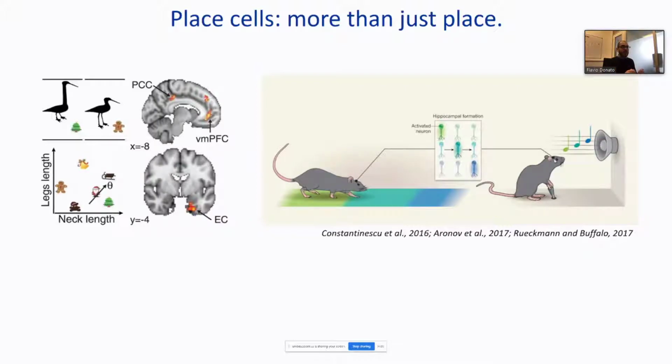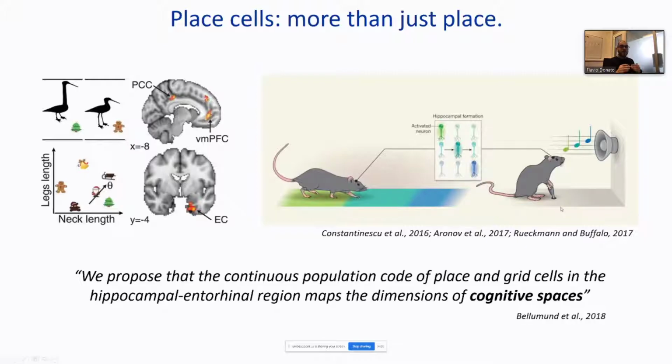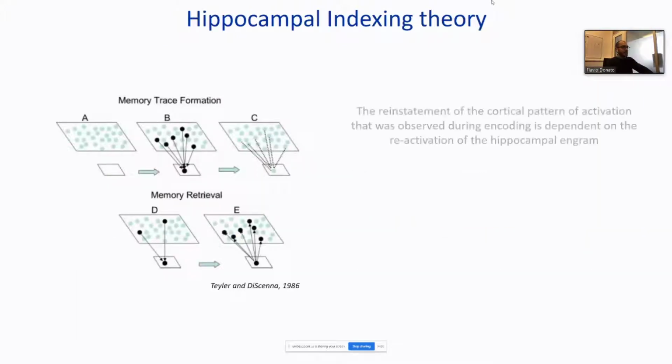They found that the way in which space was organized in the activity of the place cells was also the way in which tones were organized in this task, thereby putting forward the hypothesis that maybe what we call space is indeed a cognitive space, not used to map specific spatial locations, but a more general way to organize the experience that we go through in the world. The fact that we are living this moment, and then we live something else in the next moment, and so on and so forth, creates a uniform representation of experience.